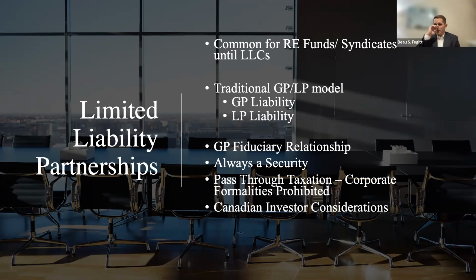These are used from time to time. The reason that they're not really preferred now: for a limited liability partnership, you have to have at least two parties. You have to have a general partner and a limited partner. The general partner takes full personal liability. The limited partner has none. Whereas in an LLC, everyone has that limited liability. There are ways to alleviate that. You can have an LLC be the general partner, and that reduces risk. But with the advent of the LLCs, it's really what most syndications use.